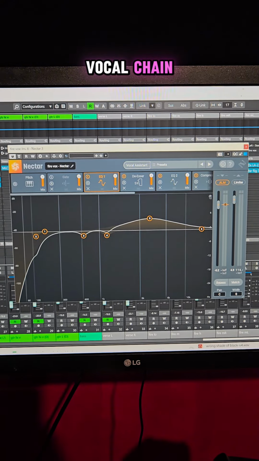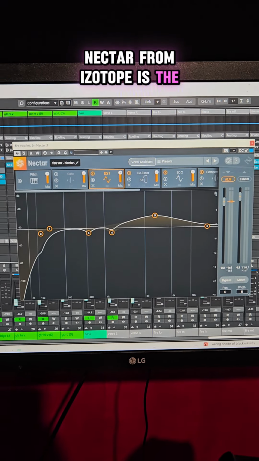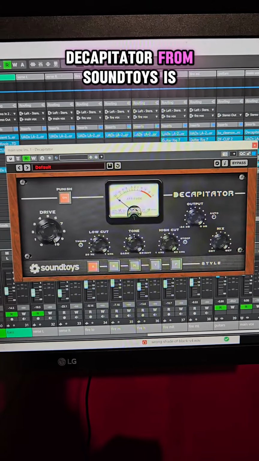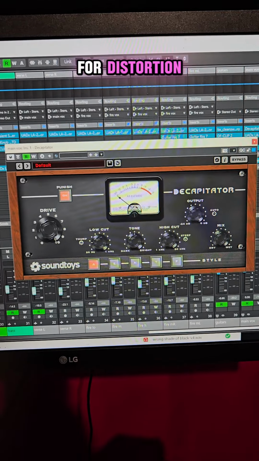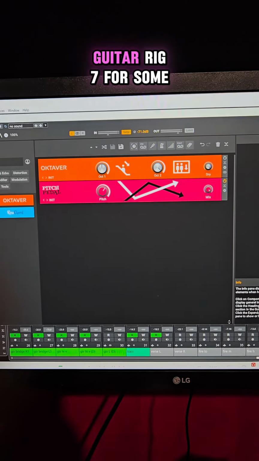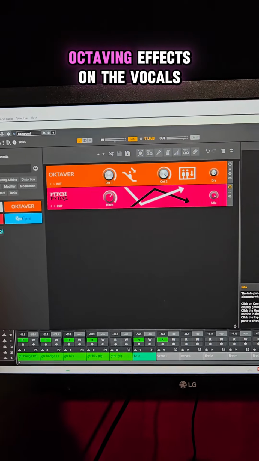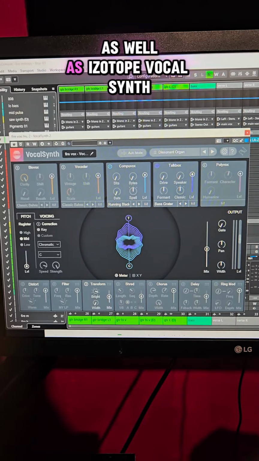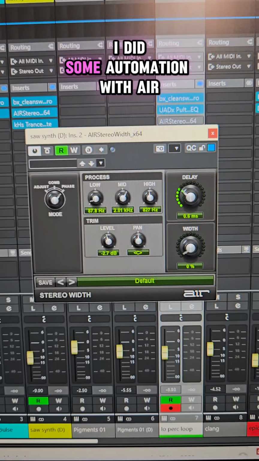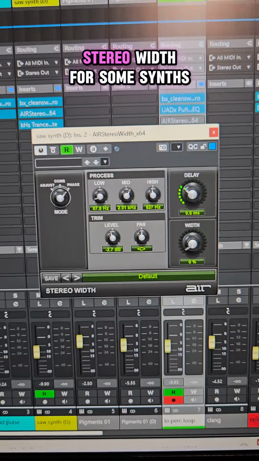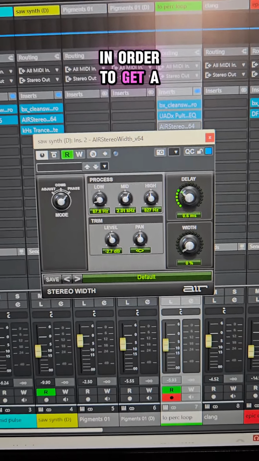For the main vocal chain, Nectar from iZotope is the heavy lifter. Decapitator from SoundToys is for distortion. I used Native Instruments Guitar Rig 7 for some octaving effects on the vocals, as well as iZotope VocalSynth. I did some automation with Air Stereo Width for some synths in order to get a little bit more excitement